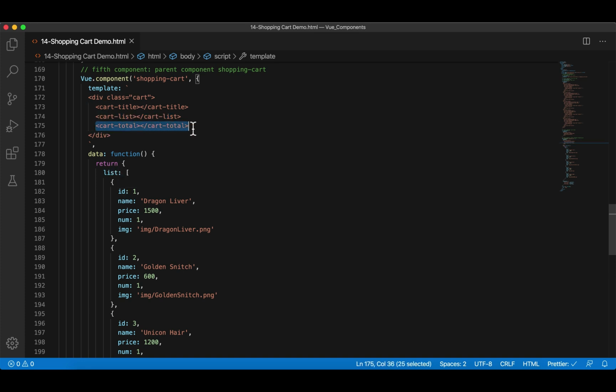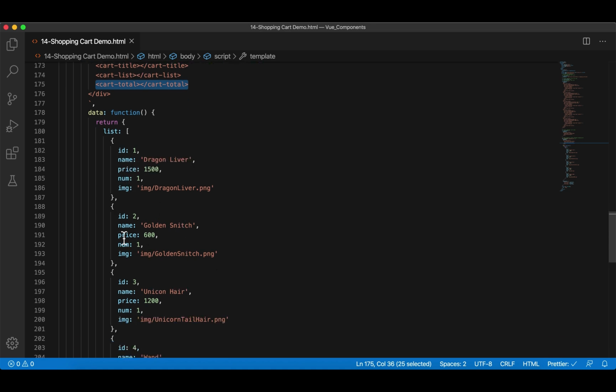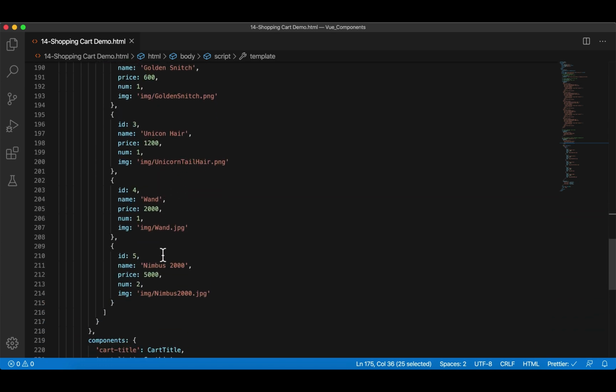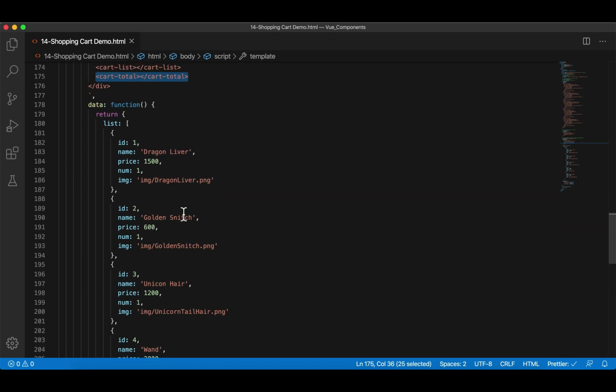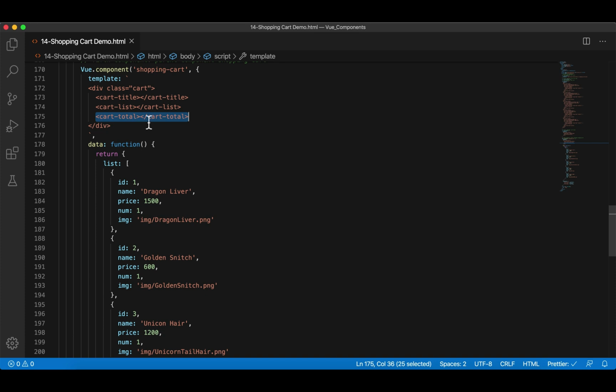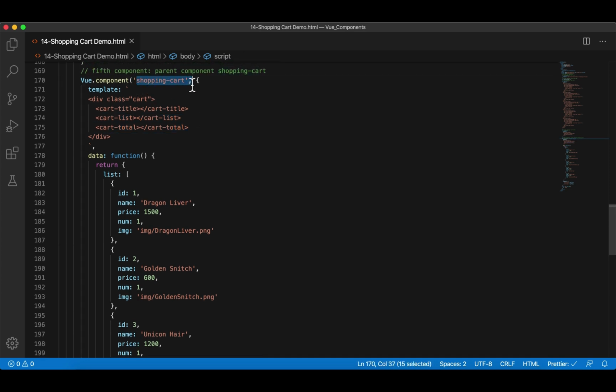Now, what about the third one? The cart total needs to accept a list, and for each item, we're going to have price multiply number plus price multiply number, and so on and so forth. After we do all those summations, the cart total will show the total price. So the second and the third, these two components need access to data that we defined in this parent component shopping cart. For the first one, here I'm going to add another one,